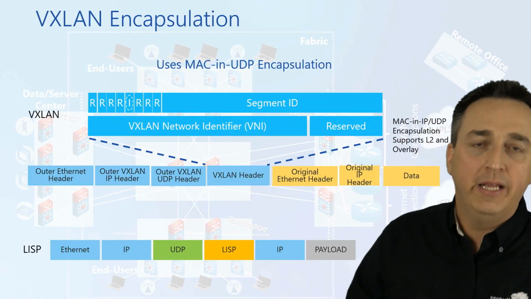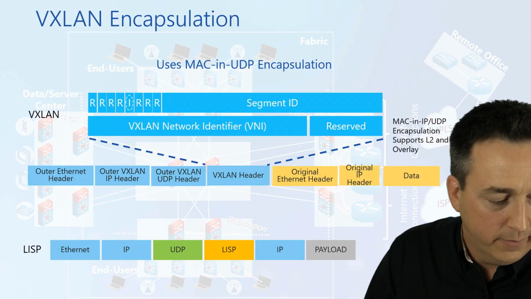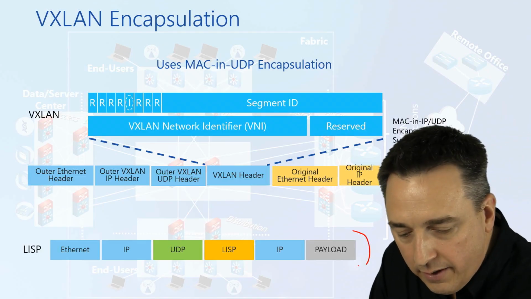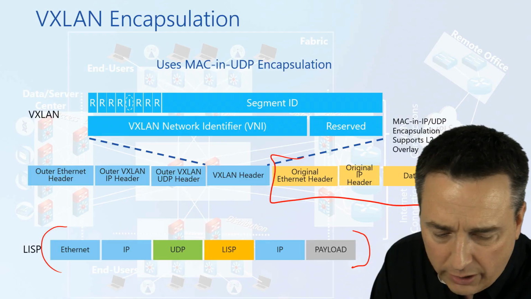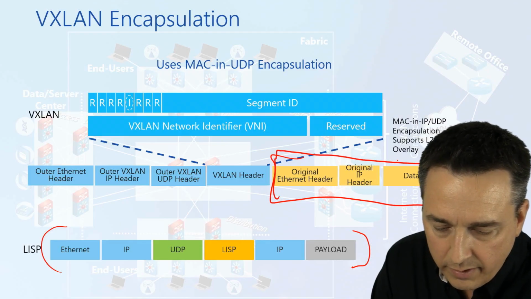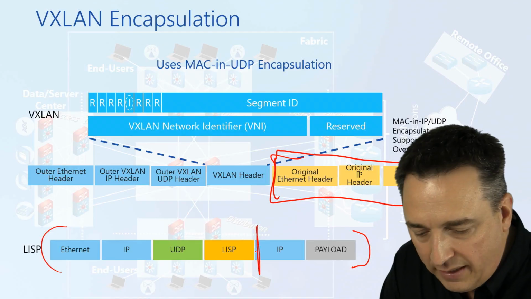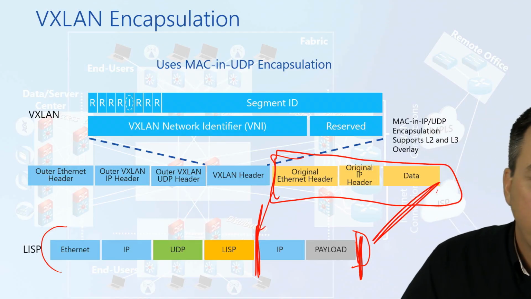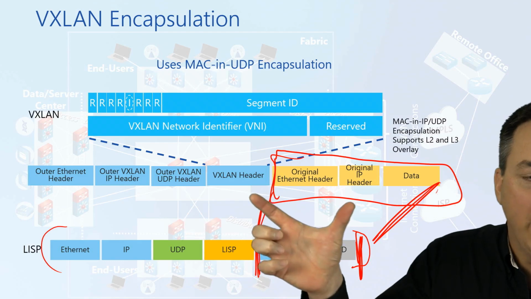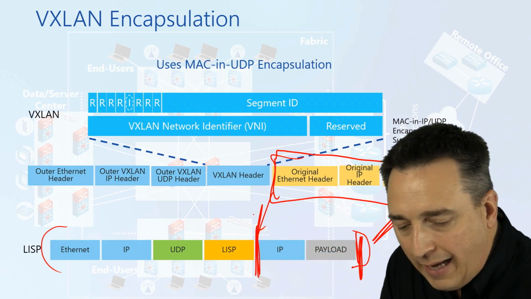So what is happening here? Let me show you the difference. Let's go to LISP. This is going to help you visualize what's going on here. With LISP, I want you to realize that if this was my original information, then that would all be this right here. This is the same. That's the same. So if that was my original information and I was using LISP, notice how my Ethernet